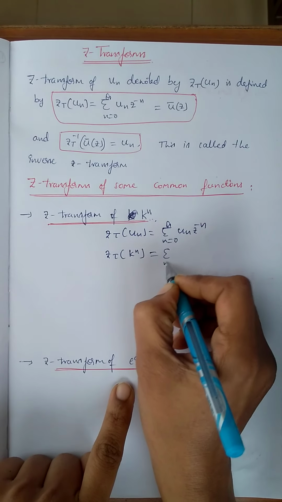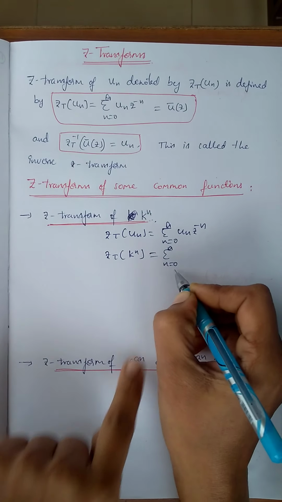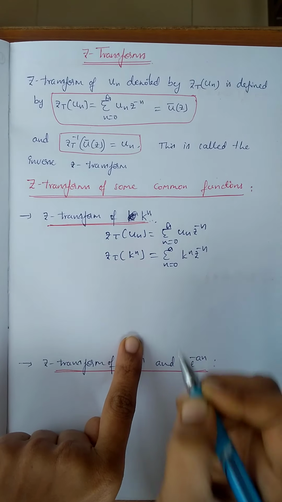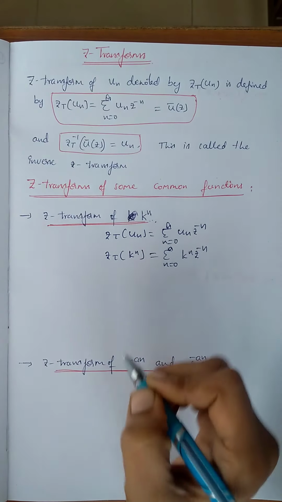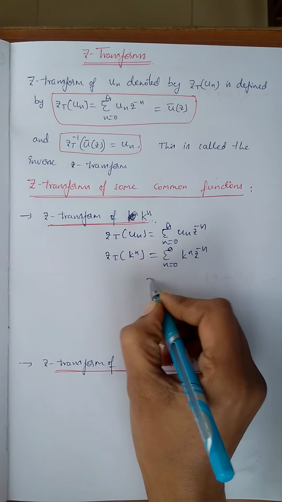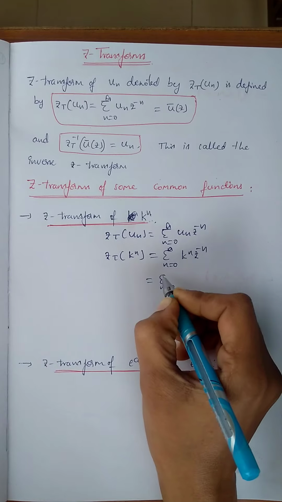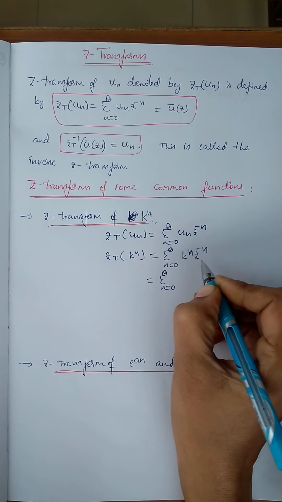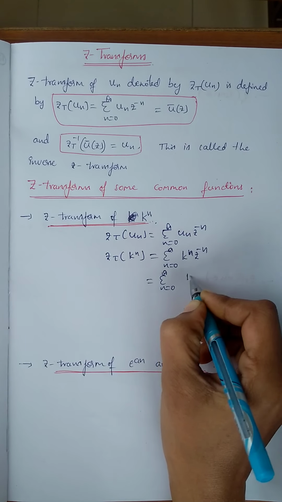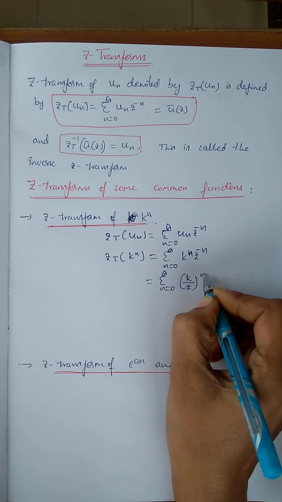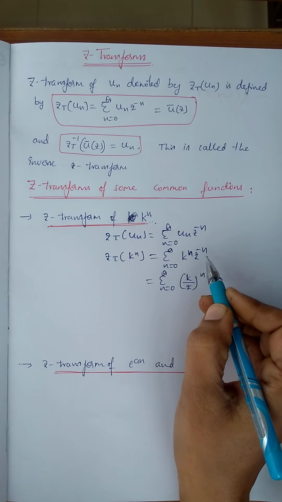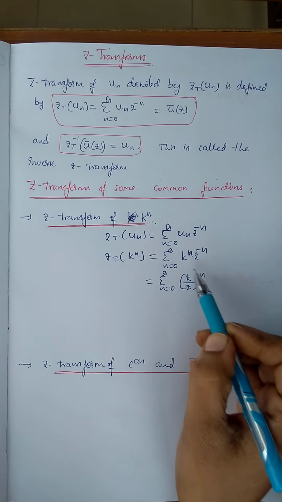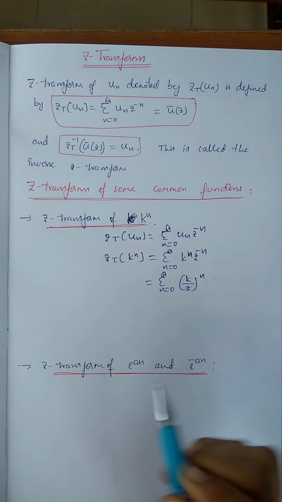So this implies, on the LHS side, we can write the summation from n equal to 0 to infinity of k to the power of n into z to the power of minus n. I just substituted the k to the power of n term: u(n) is equal to k to the power of n here. Next, expand this summation, but before that, simplify this RHS term. Here k to the power of n, and here z to the power of minus n. This we can write as (k by z) to the power of n, because z to the power of minus n goes to the denominator and becomes 1 by z to the power of plus n. Therefore, we can write (k by z) to the power of n.